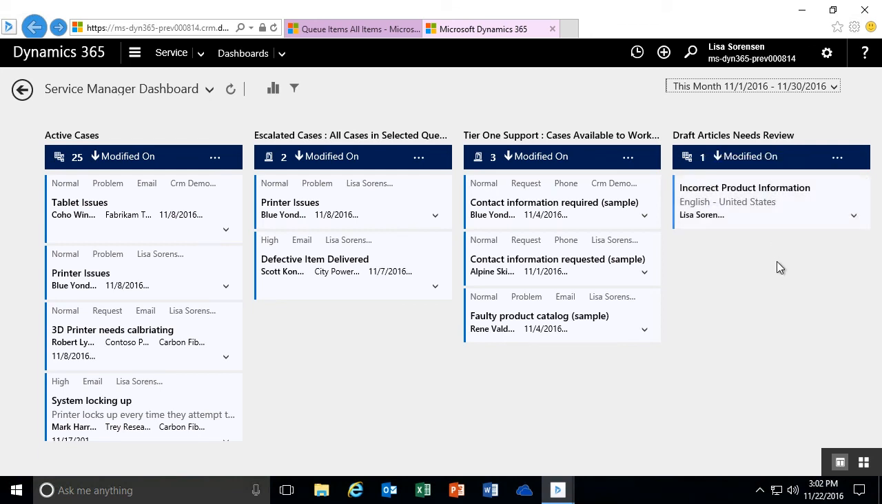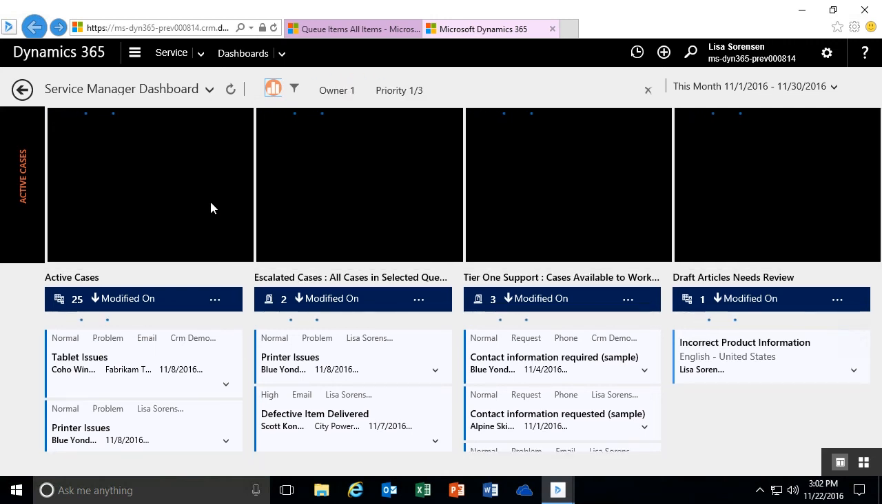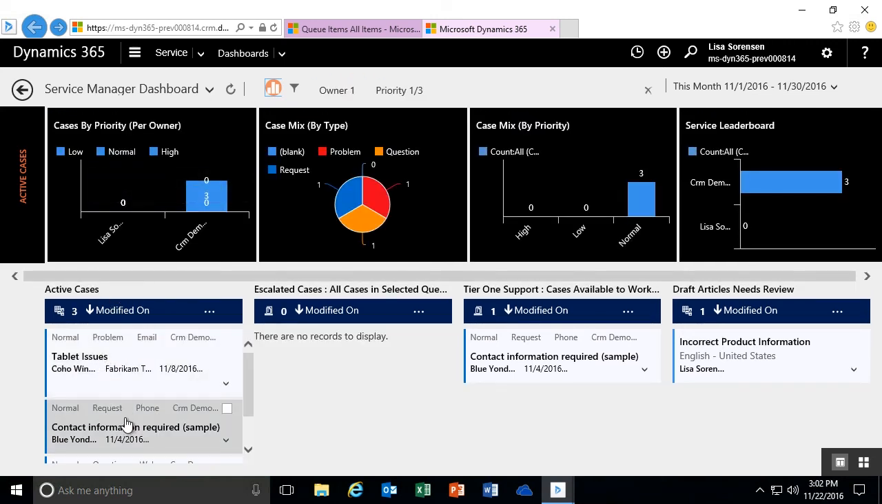And then of course, as we talked about, I can now also see my KB articles that need to be reviewed at this point. And then as we looked at, if I click on my visual flyout, I can now see my cases by priority, by user. So again, if I just now want to look at just my CRM demo user, you'll now see it brings it down to 3. If I want to close out of that,